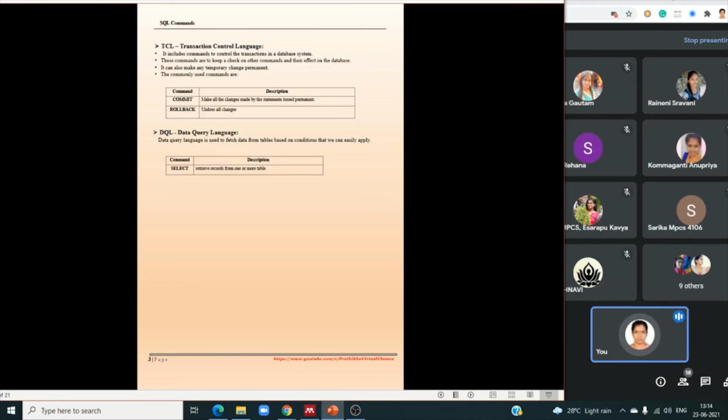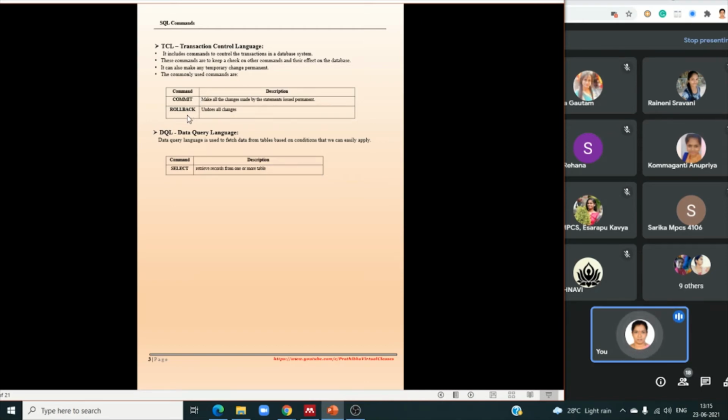Now we updated the class from MPC to MPCS, but those are not affected, those are only temporarily affected. If you want to make them permanent, you have to use the commit command. Then that class becomes MPCS permanently. Like that you can make the changes permanent by using the commit command.